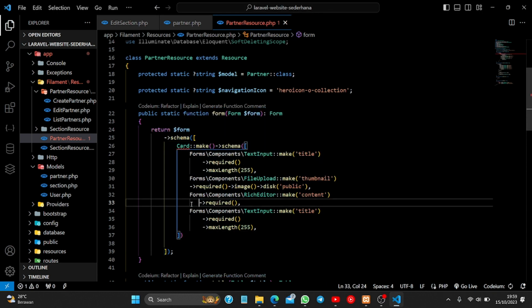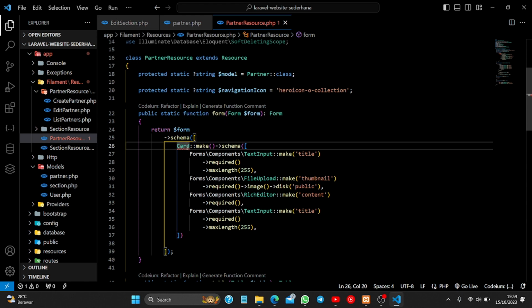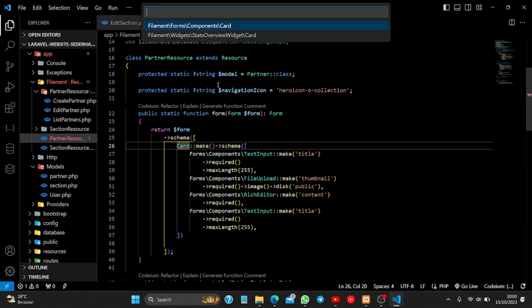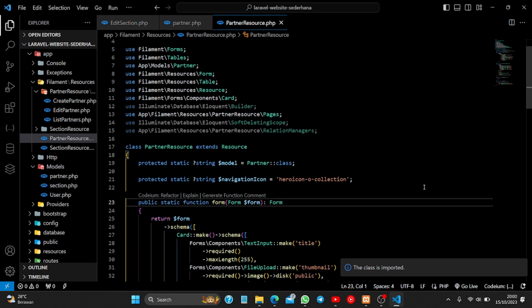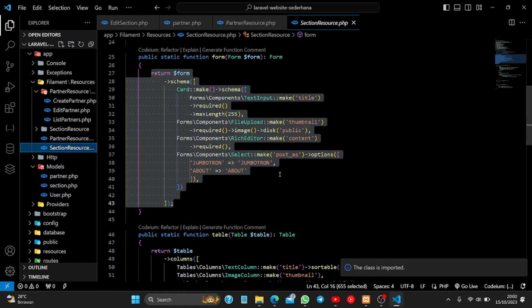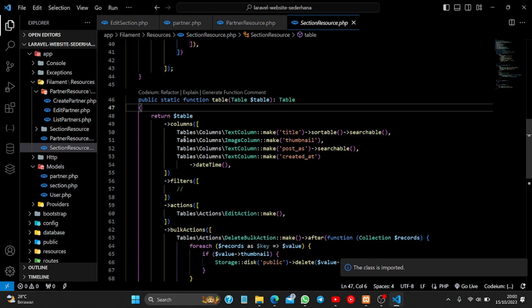Okay, and then this import class, and you can click on top like this, and then you can go back to section research, and then you can go to table and